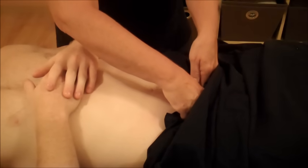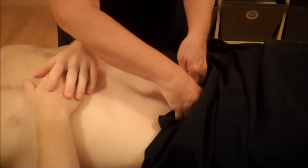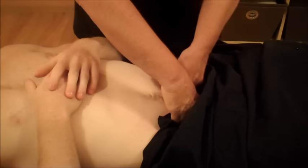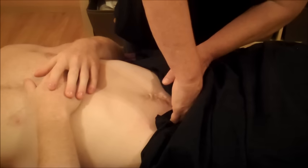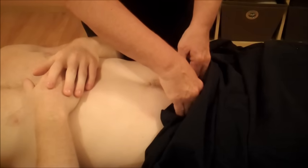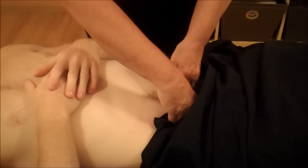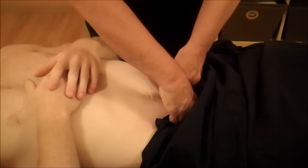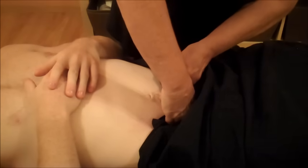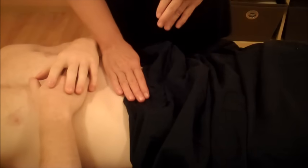Again, with the breath, Matt. And then just think of softening right in front of my fingers as they go down deep into your pelvic floor there. Oh, that's great. Good job. And then I just lean one way, which allows my fingers to push the other direction. Good breath deep into your pelvic floor. You want to be sure to wait on their breath for this maneuver. And then lifting. And I think that is the prostate right in there. And that's just really all I do. 3 or 4